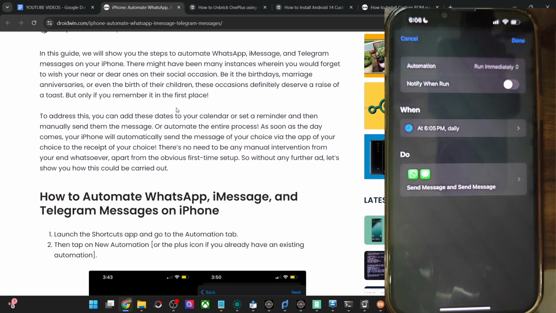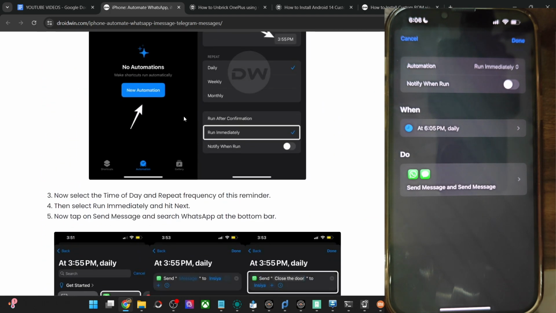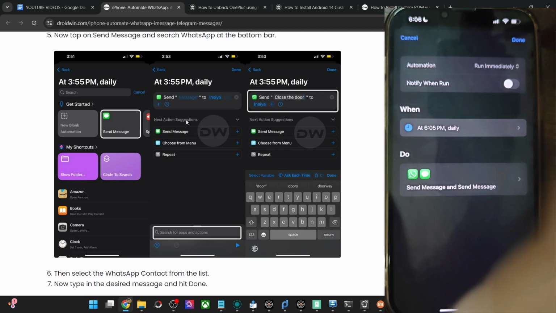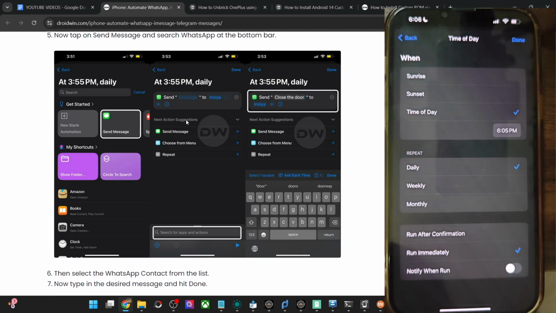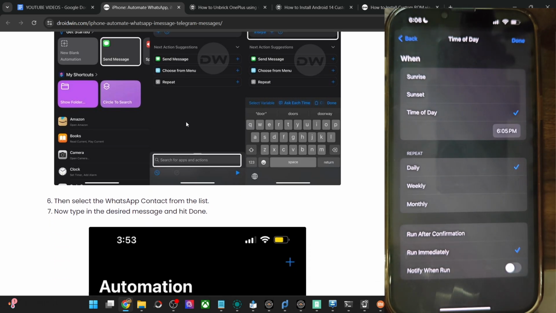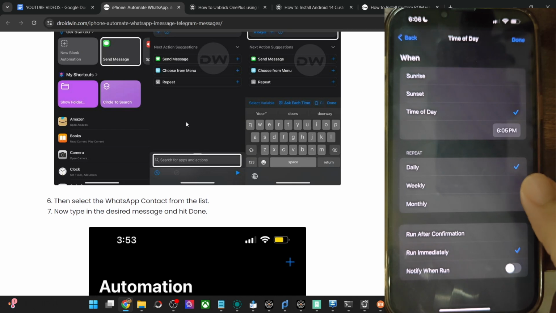There is just one major drawback with this tweak, and that is there is no option to repeat the message yearly. You could do so daily, weekly or monthly, but not yearly. So if you want to make a reminder for, let's say, an anniversary or birthday, that only happens once a year, but you cannot add that because you only have the weekly and monthly options.